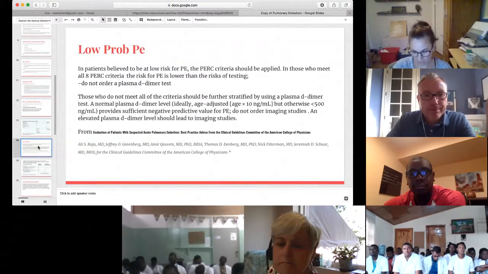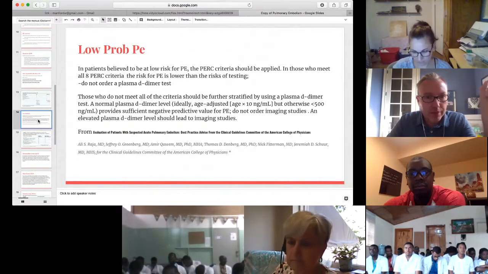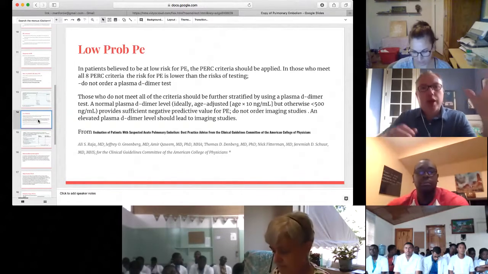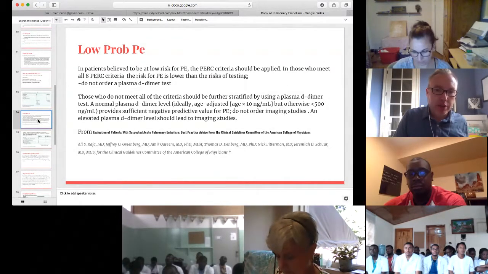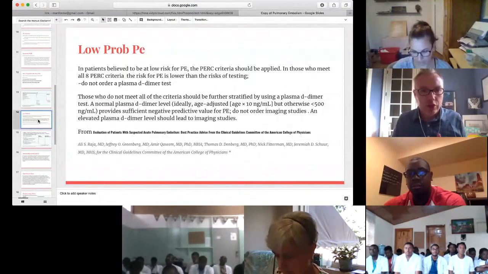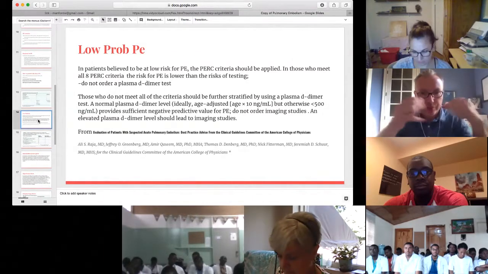So, trying to figure out how to manage our time at this point, but that stratification system helps us understand who needs to be tested, how to either rule out a pulmonary embolus, or who needs to have a lot of tests to even determine whether they should have, for instance, a high-resolution CT scan. This is why this is helpful.